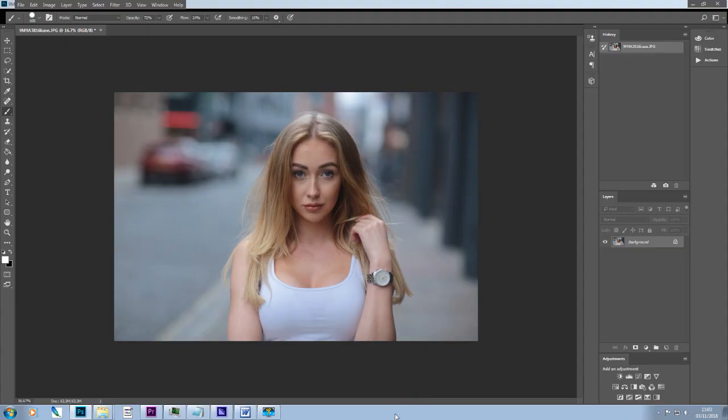This time we're focusing on using curve adjustments to change the color in our image. And here we have, as you can see, a portrait image in an urban setting. This is just straight out of camera. I haven't made any other changes to this image. We're just going to zero in on